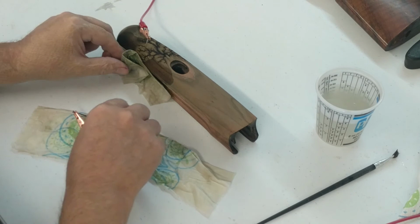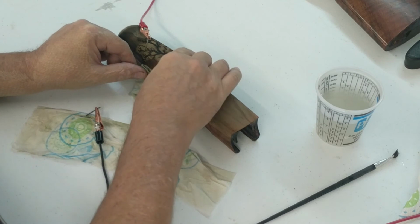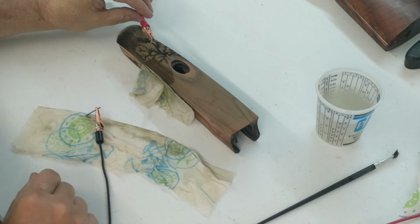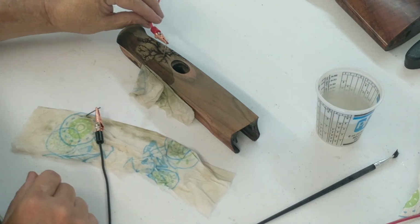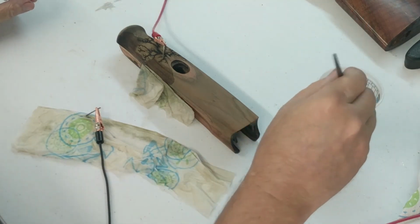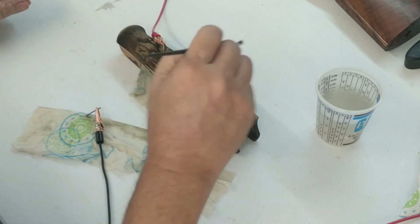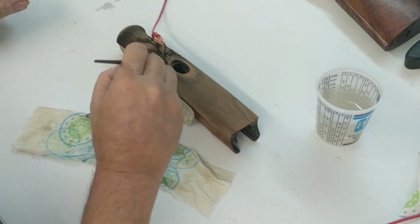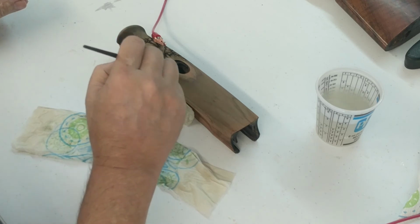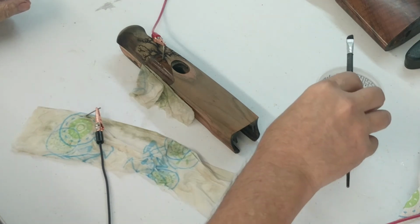Now we'll come down here. Power's off, of course. We're going to come down here, and we're going to work just like we did before on getting that to propagate back around to the back half. And I think I'll use this trace to do it with. Get everything nice and wet. The control of the moisture is really important, because if you get too much moisture, obviously it can't burn the wood, and not